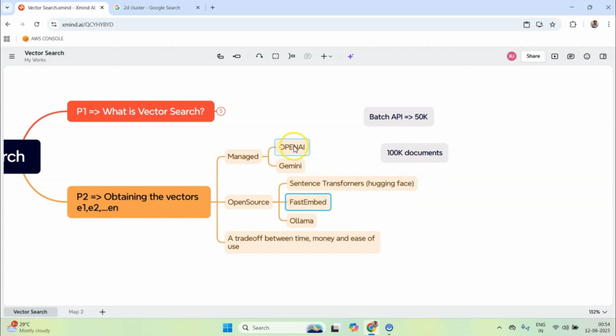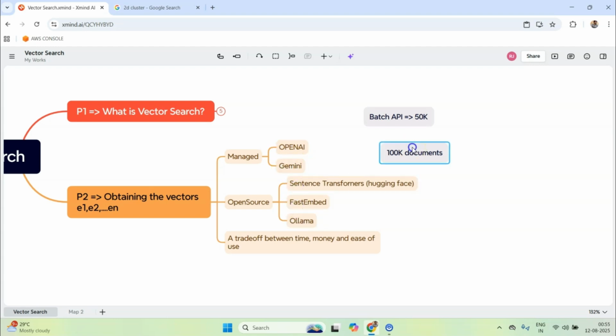but again it also boils down to how accurate your embeddings should be, because obviously since these are trained by large corporations, they would be more accurate. But that's not entirely true, because I have personally tested these open source models and they are as good as these paid models, not less than that. Okay, so you can use these as well.